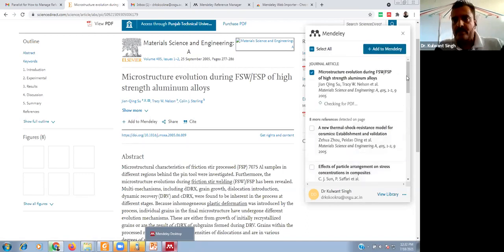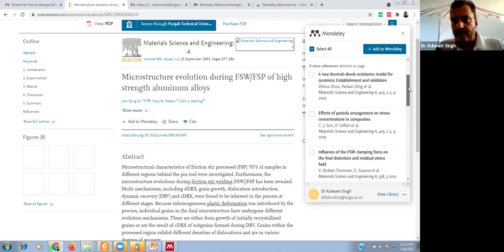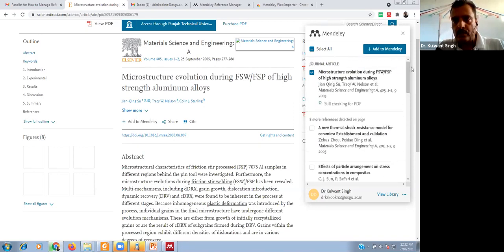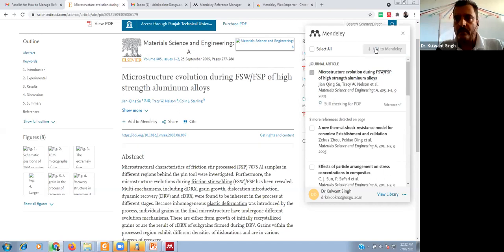Okay, yes. So when we click on the web importer, the documents available on this particular web page are shown here. Suppose this first one is the required document we want to add to our Mendeley. Just select the document and click on add to Mendeley.